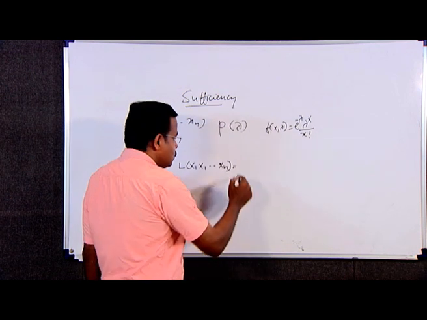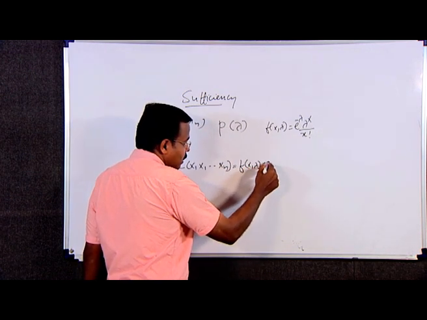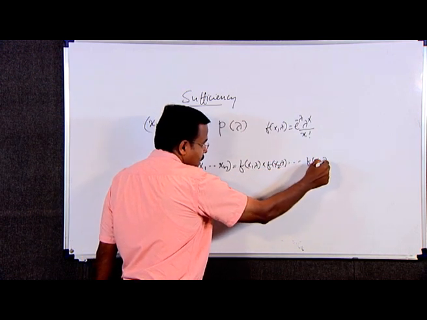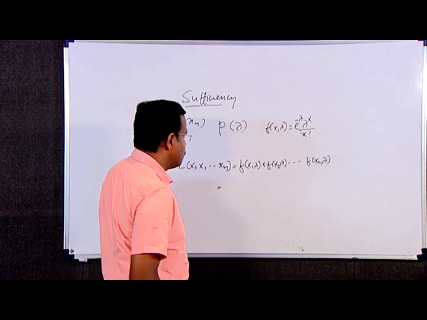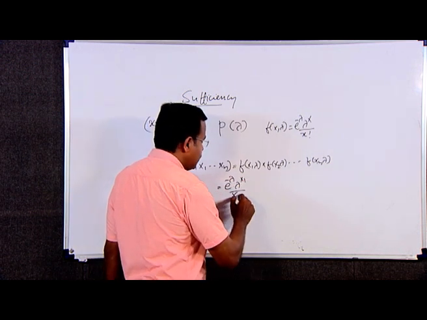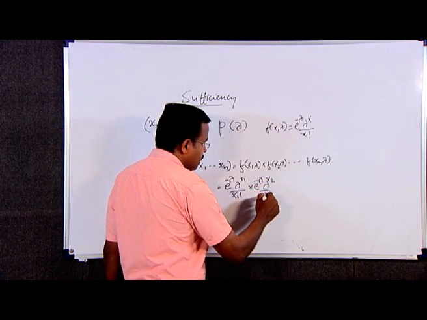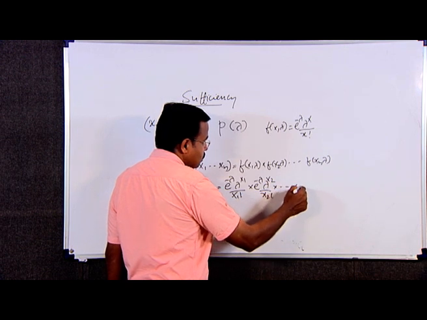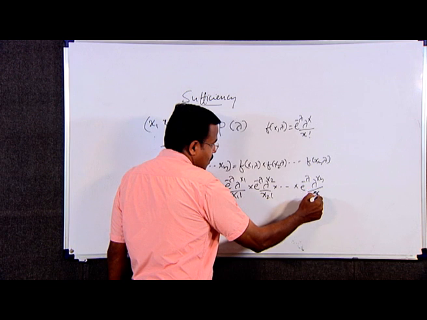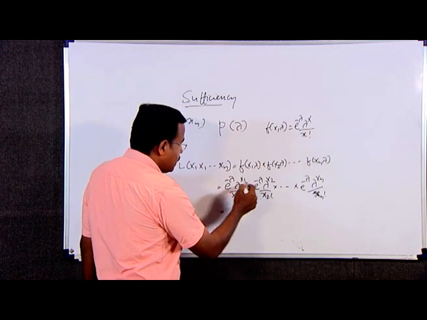So, L of x1, x2, etc., xn, lambda is f of x1, lambda into f of x2, lambda, etc., into f of xn, lambda, that is equal to e raised to minus lambda, lambda raised to x1 divided by x1 factorial into e raised to minus lambda, lambda raised to x2 divided by x2 factorial, etc., into e raised to minus lambda, lambda raised to xn divided by xn factorial, or e raised to minus lambda multiplied